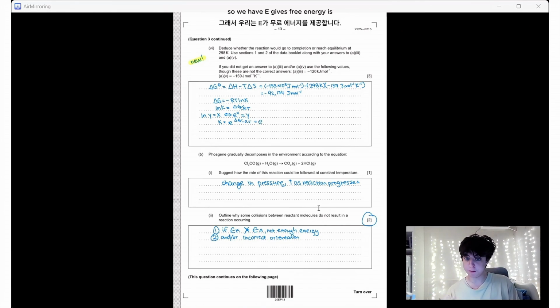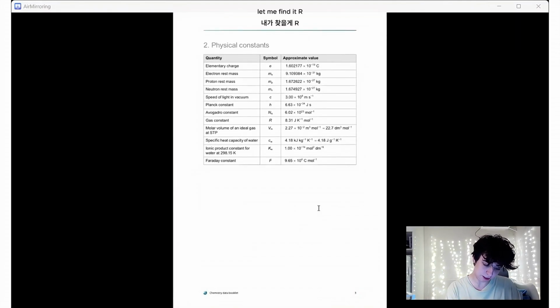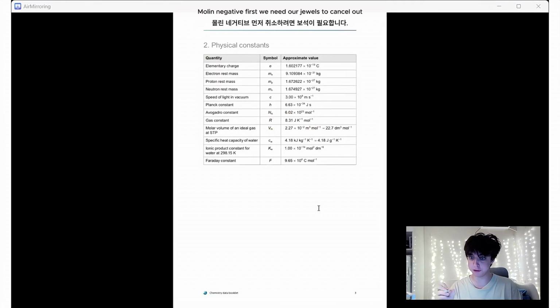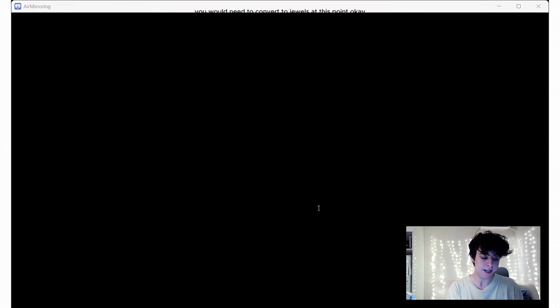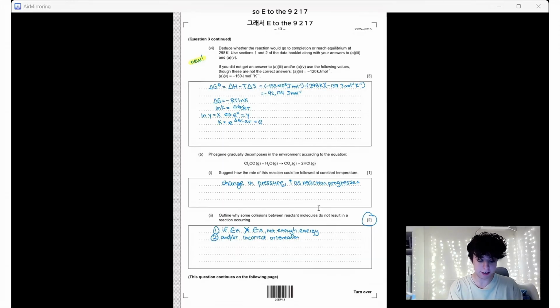So we have e to the Gibbs free energy. We have it already in joules per mole, which is good because our R is also in joules, Kelvin to the negative first, mole to the negative first. We need our joules to cancel out. If you didn't already have it in joules, you would need to convert it to joules at this point. Okay, so e to the 92174 joules per mole divided by negative 8.31 joules, Kelvin to the negative first, mole to the negative first, and then just times our